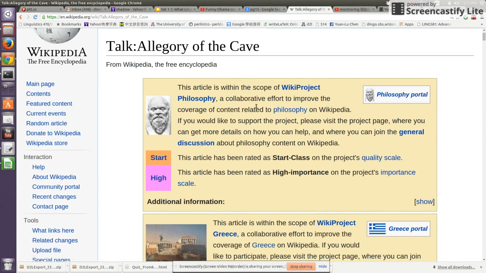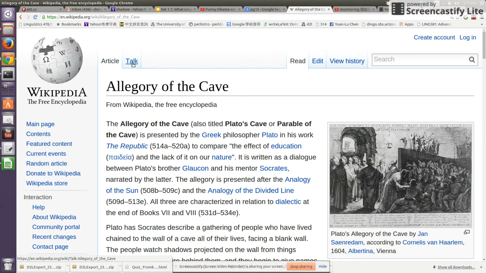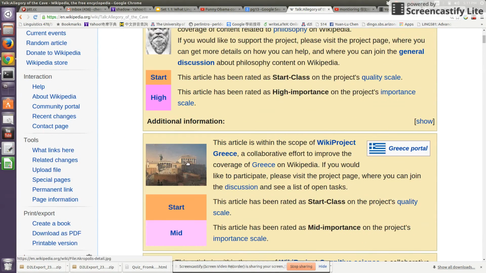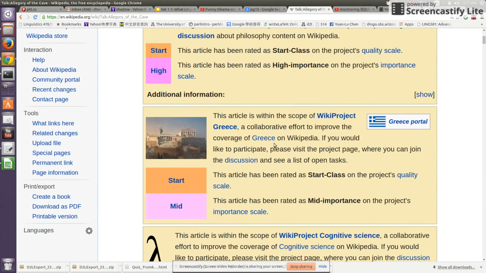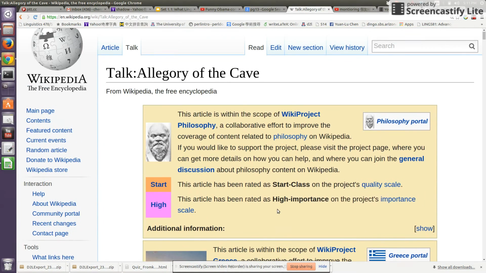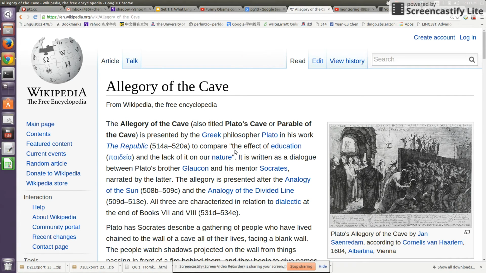So there would be a group of experts on the topic. They are going to talk about how reliable the content is. So actually, if you check the talk tab, you can see whether the content is reliable.